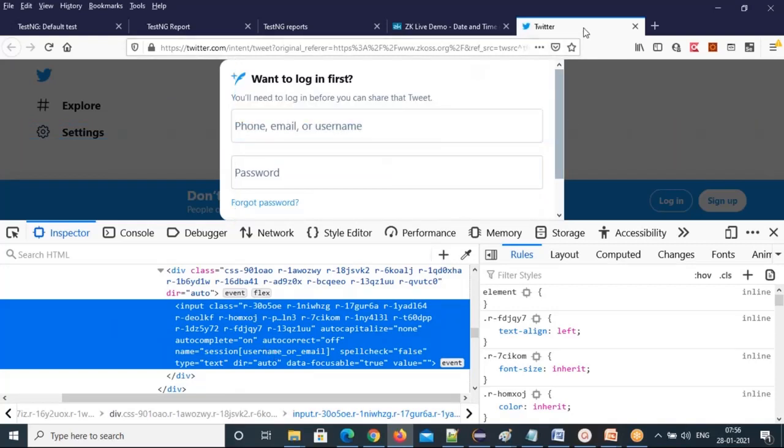But you need to switch to this tab, right? How can you switch? I have explained how to switch to the tabs. I am going to write that code again here.